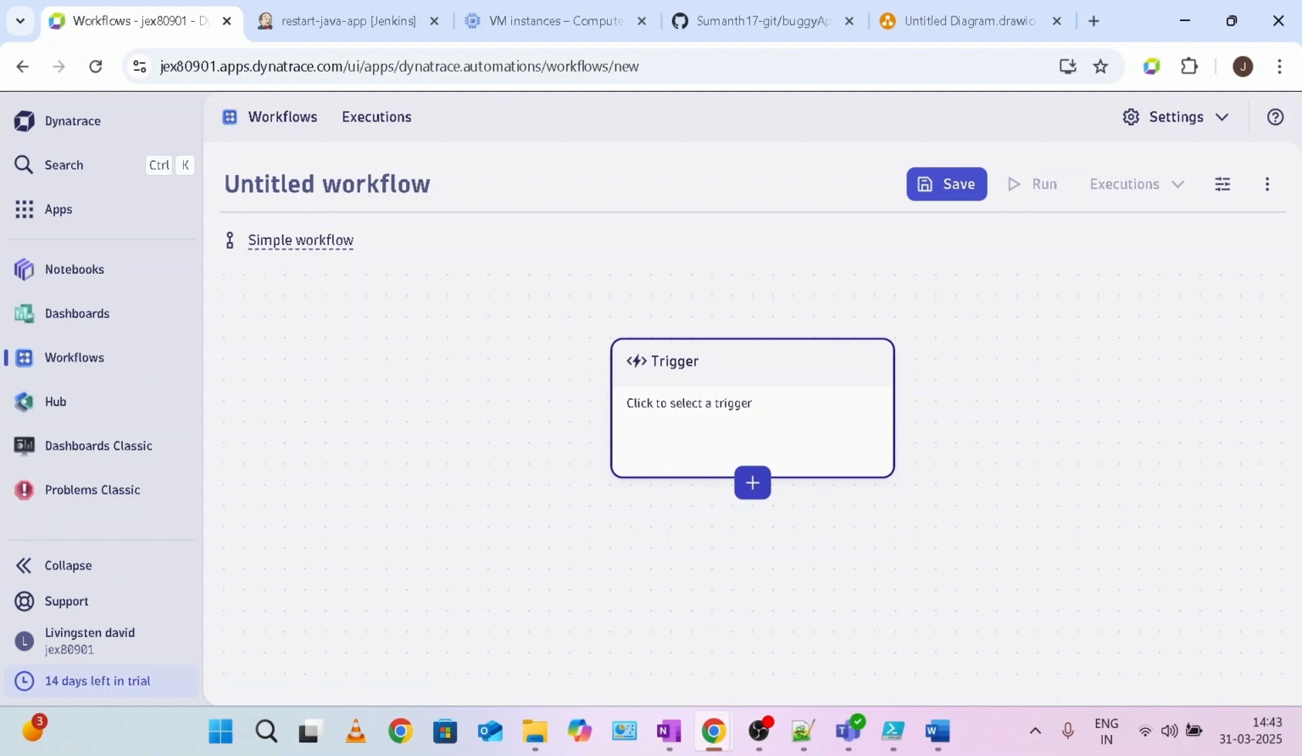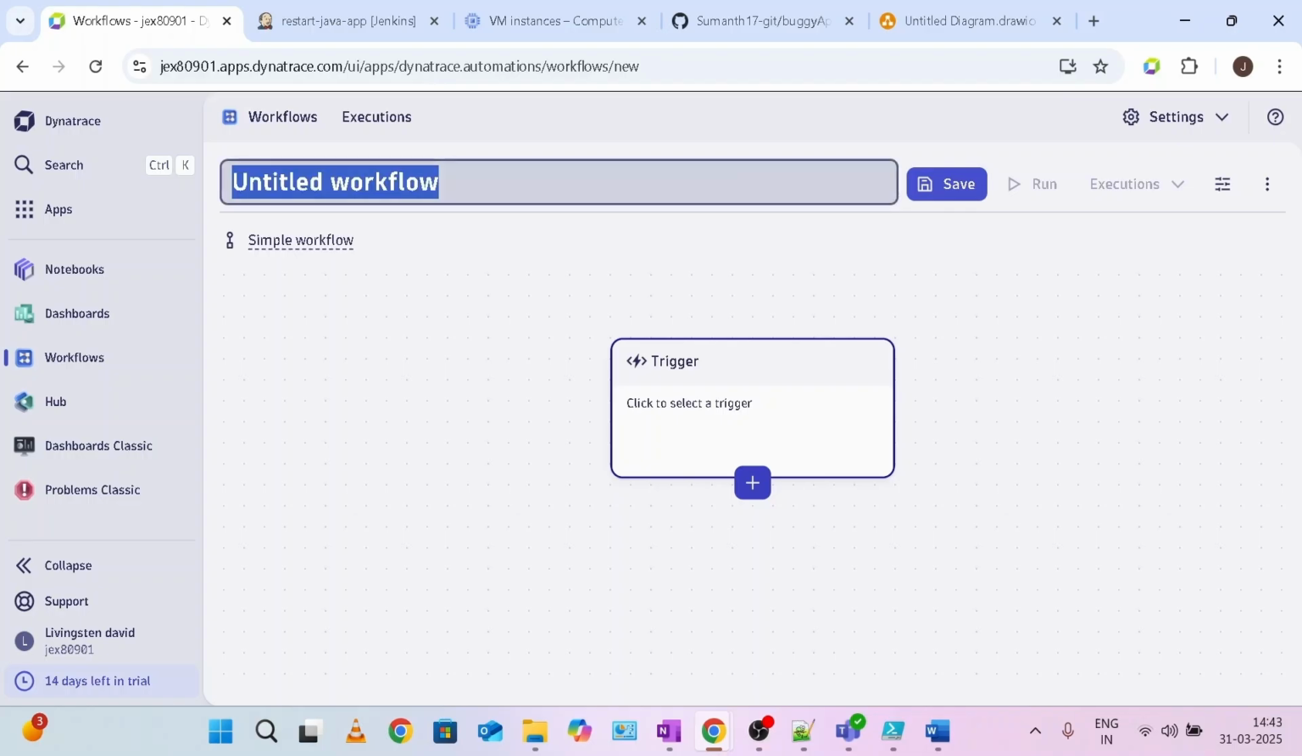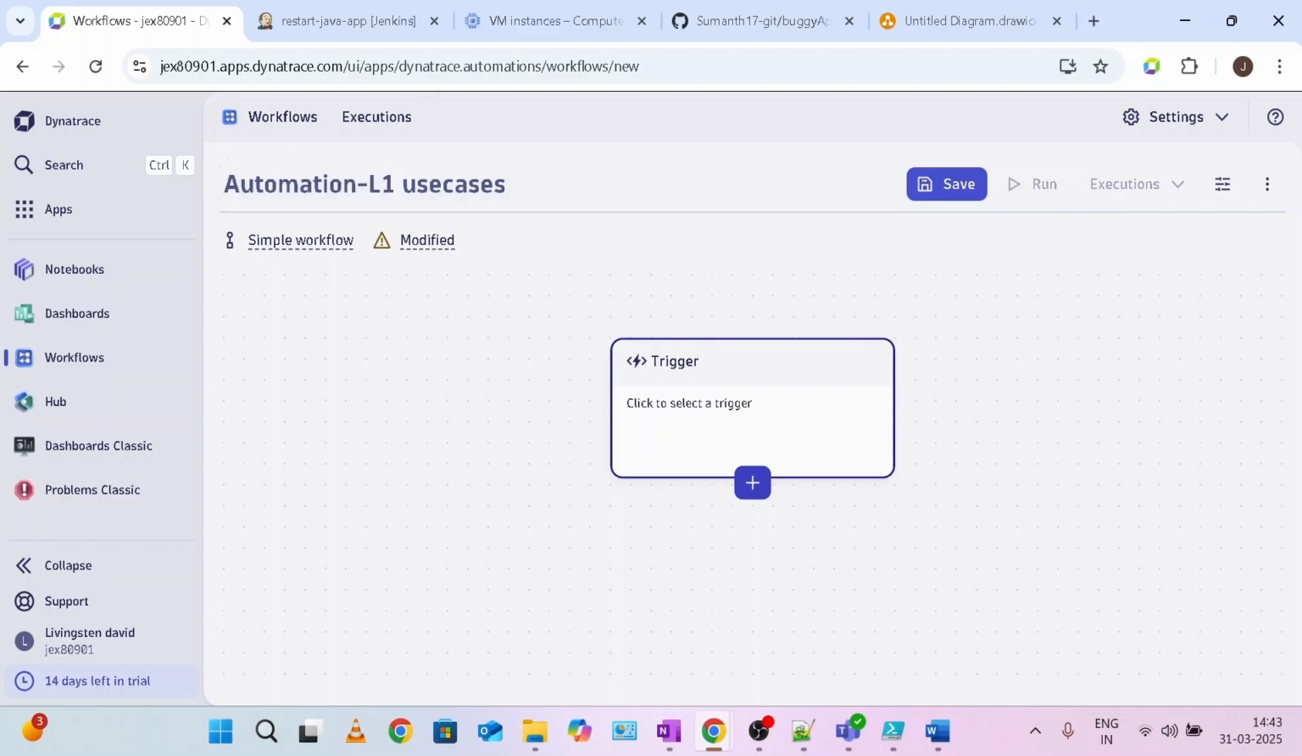My intention is to automate the remediation, or automate the self-healing principles. So I'm going to give it a name. Let's say automation L1 use case. This is the title of my workflow. The first thing you see is something called the trigger point. If you click this one,